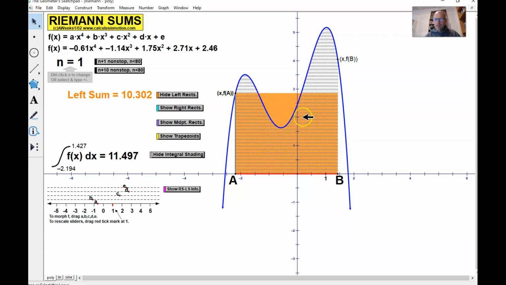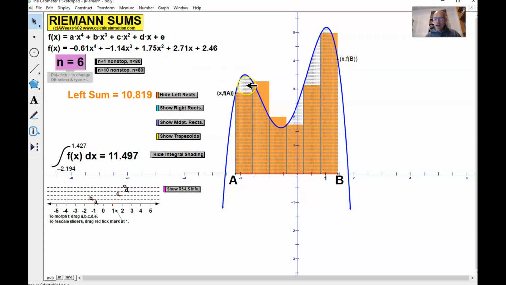So this right here is one rectangle that's approximating the area under the curve from A to B. Of course, it's not a very good approximation because it's just one big rectangle, but if we change this to two rectangles, you can see it gets a little bit better. If we change it to 3 rectangles, 4 rectangles, 5 rectangles, 6 rectangles, and as we do that, we see